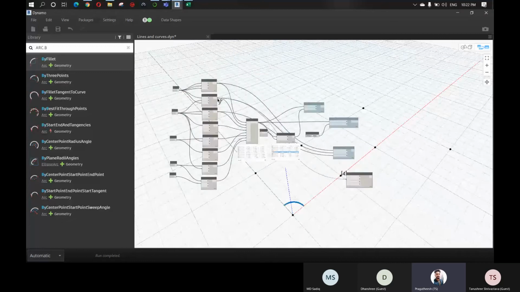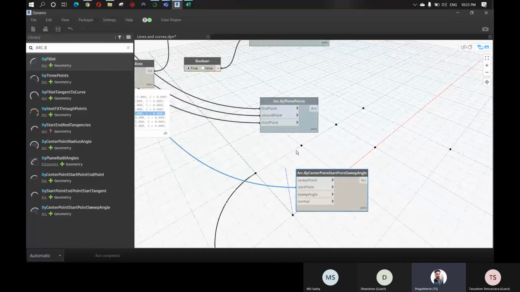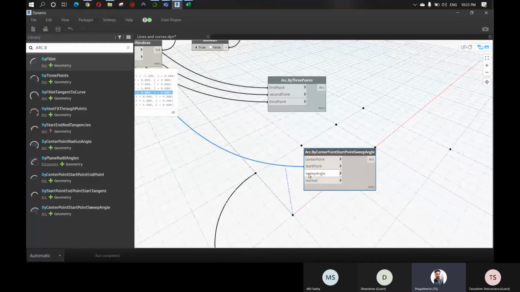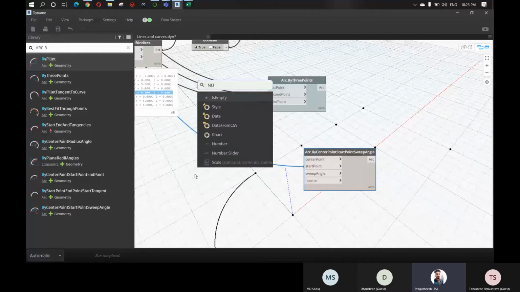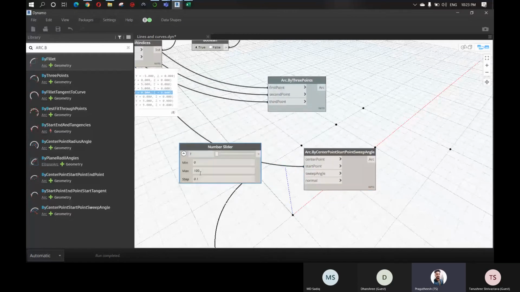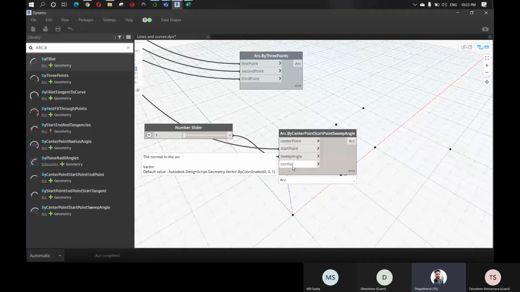We can give this as a start point, let's say, and next we want the sweep angle. So let's give a number slider. Let's say the maximum is 360 degree with a step of 1. Connect to the sweep angle here, and here you can see it says normal to the arc vector.